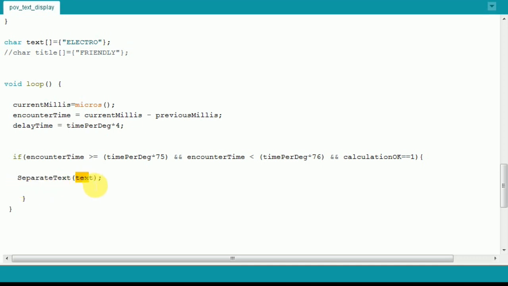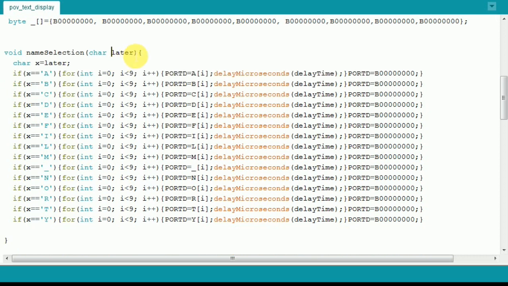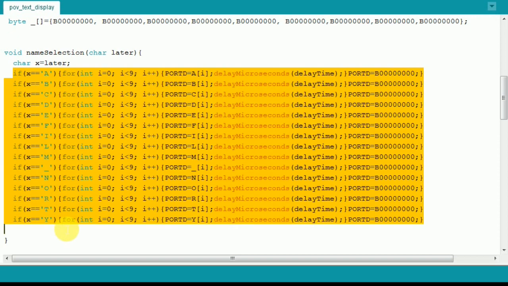I put that text string in this function, and this function has a for loop to separate the full string into characters one by one and send them to name selection. In the name selection function, its input is stored in another variable called x, and that variable is checked in an if statement. If x is a, enter that branch, and if x is b, enter that branch, and so on.